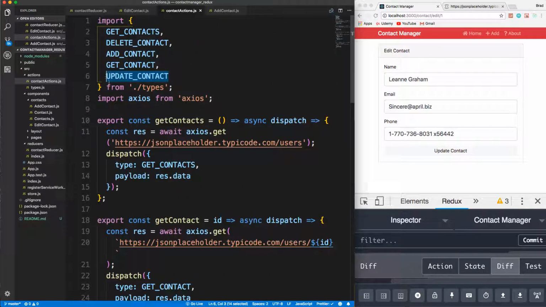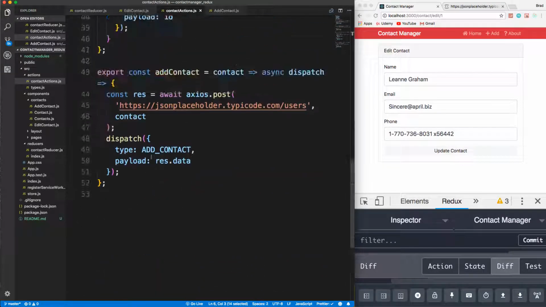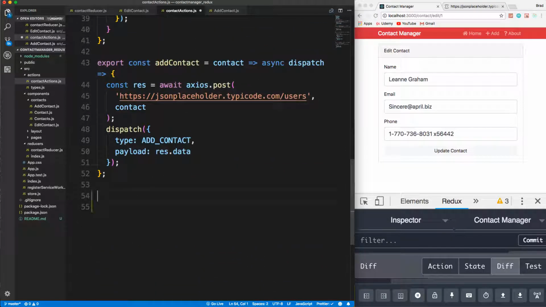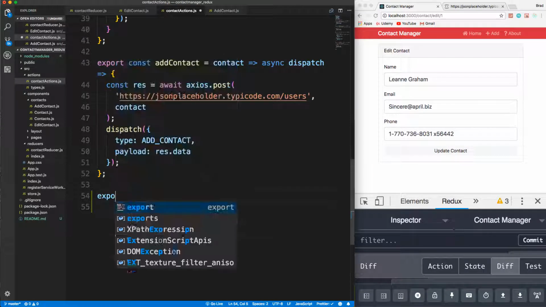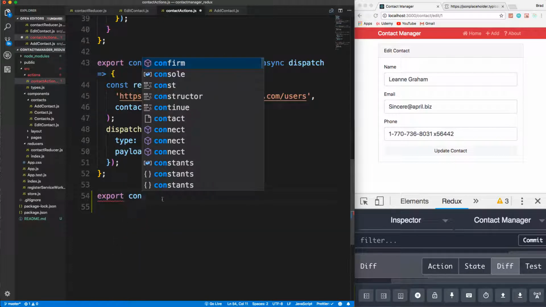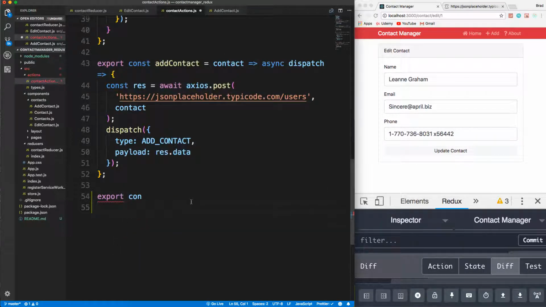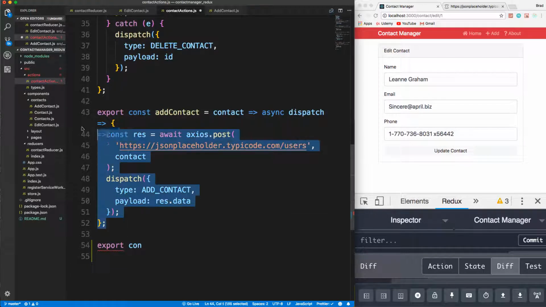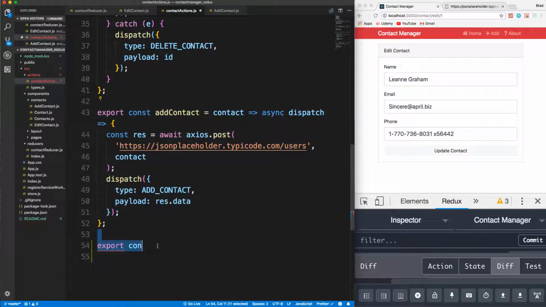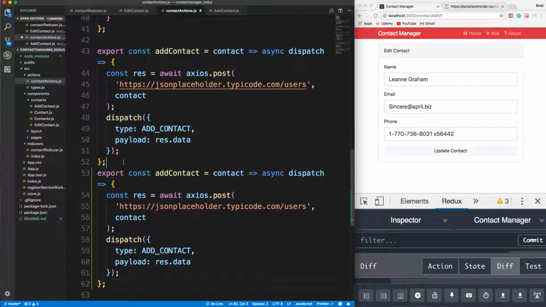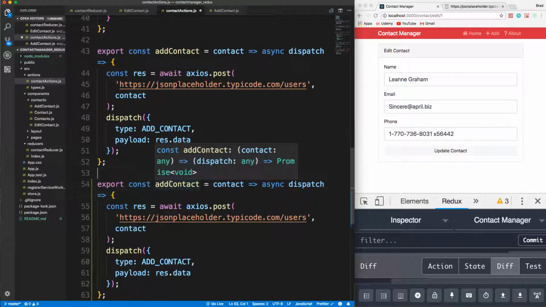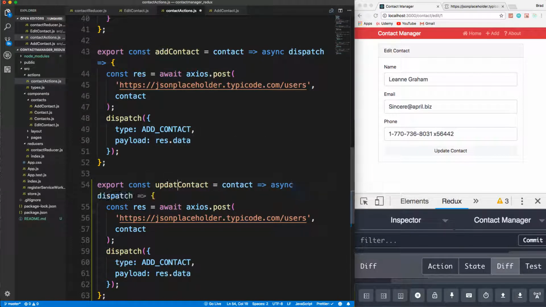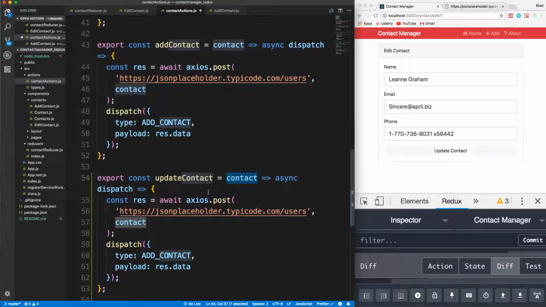We already brought in the action type of update contact. Now let's add the function. So I'm going to do this down at the bottom. And let's say export. Actually, let's copy one of these to shorten this up a little bit. So I'll just grab the add contact. All right, so we want to export const update contact, and it's going to take in the contact, and then